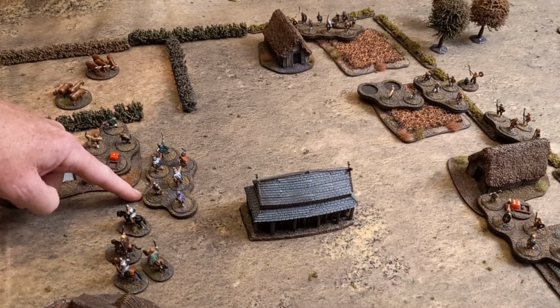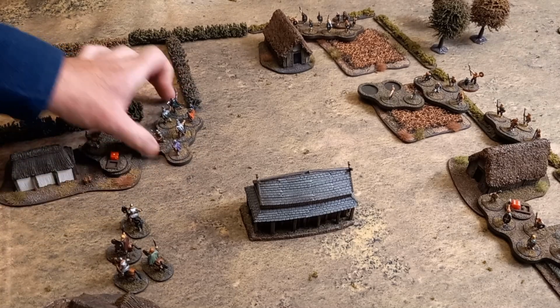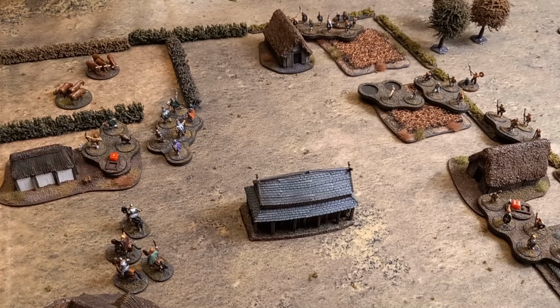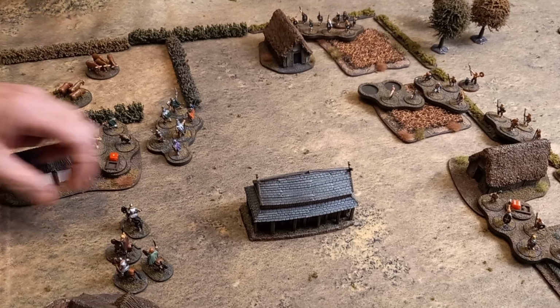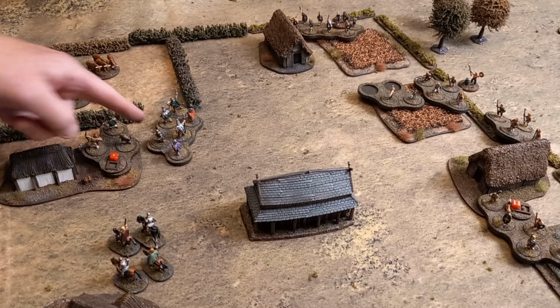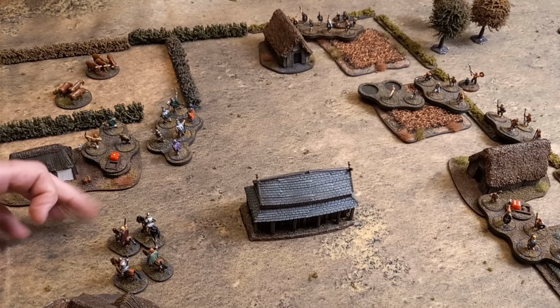To be fair to the Saxon Hearthguard, I think they would have probably evaded a little bit more over this way rather than directly towards the cavalry. There are no nobles left for the Saxons. Scotti Cavalry, well, there we go. They're in. Well, they're not in, because there's no shock. They will charge the missiles, and